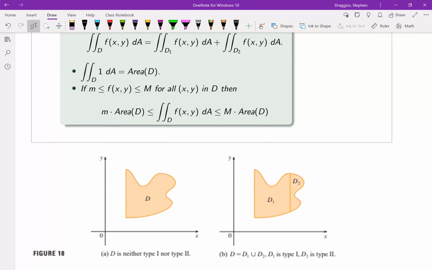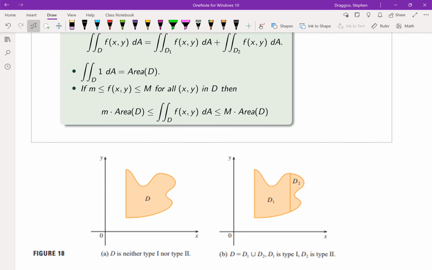So figure 18, we're starting with that amorphous blob D that doesn't really fit into any nice kind of integration that we would want to do. But if we choose instead to split the region, like in the figure on the right, we can split it up into a region D1 and a region D2, where D1 is a type 1 region and D2 is a type 2 region, meaning that those two smaller regions, D1 and D2, are going to be much easier to do